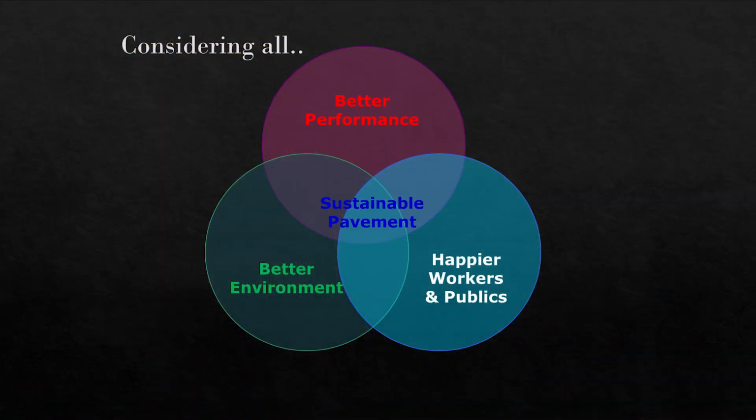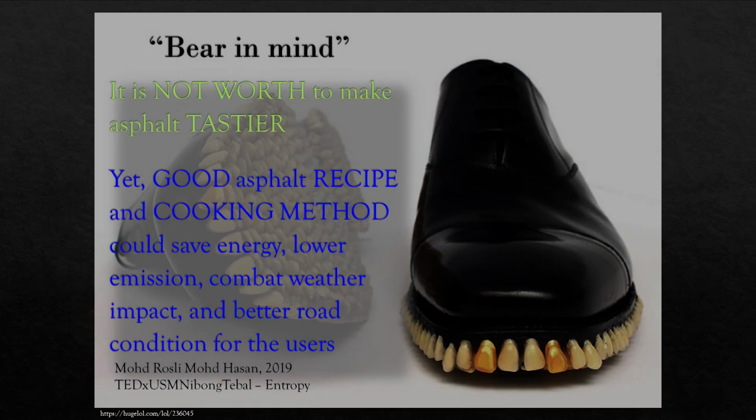It is not easy to change the conventional way. We have to do a lot of things. We need to make people think differently rather than use the conventional way, so we can produce better performance, happier workers and public, as well as a better environment for future generations. Bear in mind, it is not worth making asphalt tastier because you don't want to eat asphalt, right? But by having a good recipe and a good way of cooking, we can make better performance asphalt, with less emission, less energy consumption,